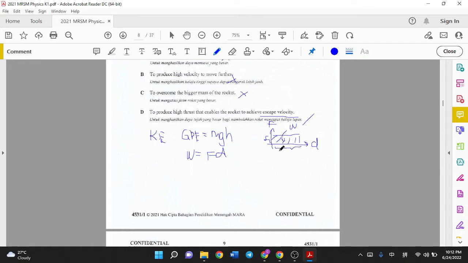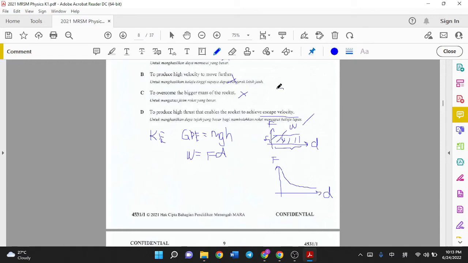In this case, this is how your force-distance graph looks, you will get a curve here. This is what you get if you are measuring the gravitational force